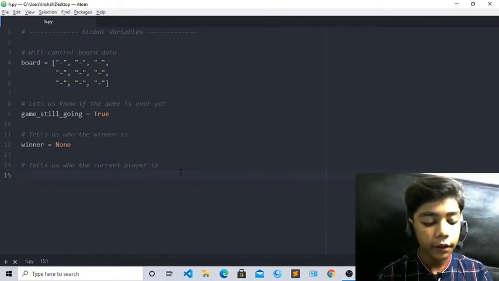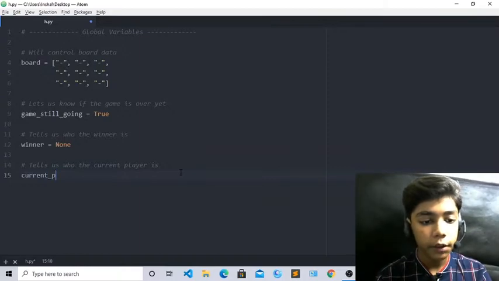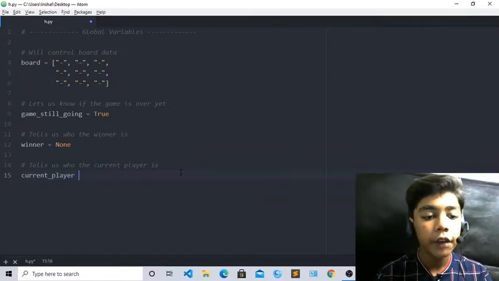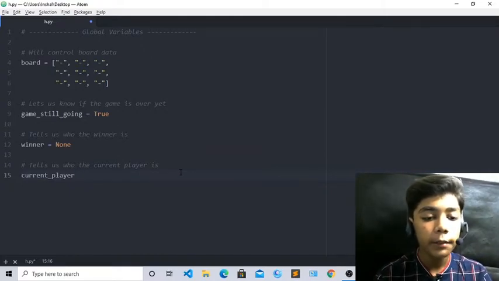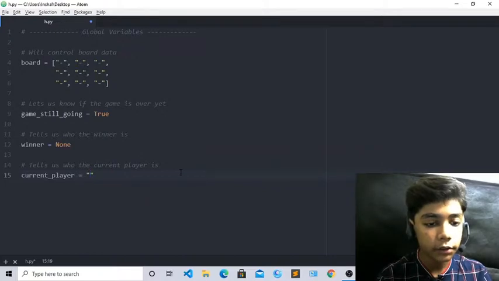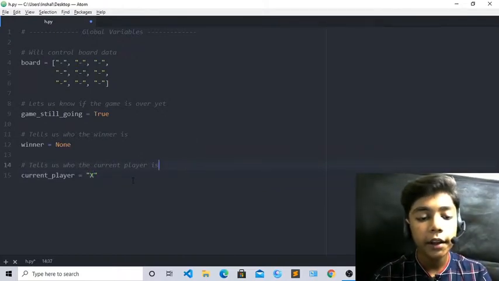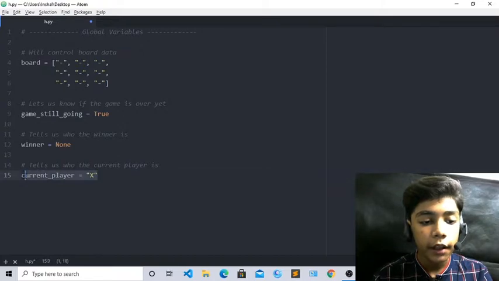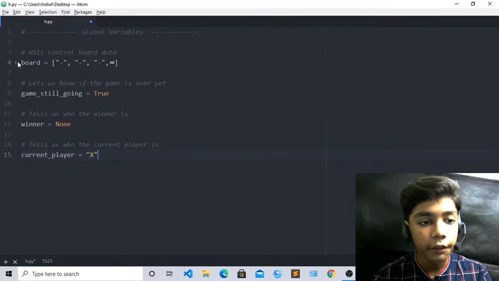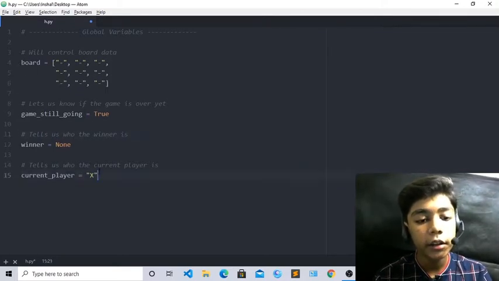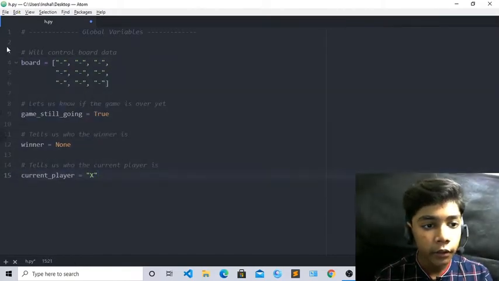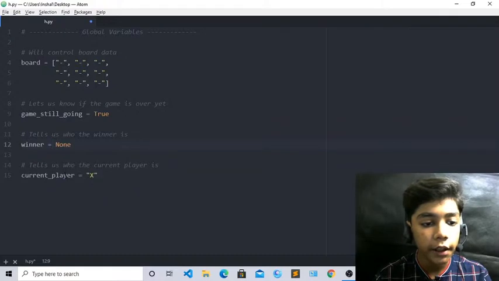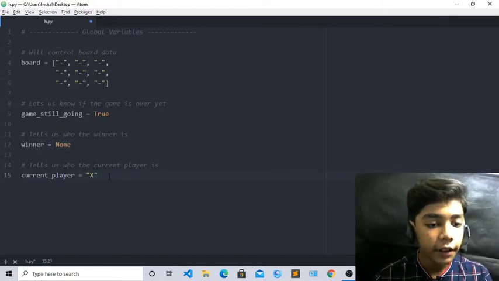Here we will write current player, because we are defining our current player, and it will equal X, because I told you the current player will be X. You can see we have now defined 4 things in our global variables. First we have to check that we have done till here: board, game is still going, winner and current player. Now we will start with our second section.